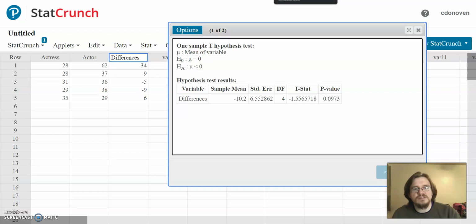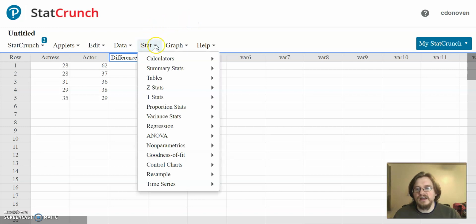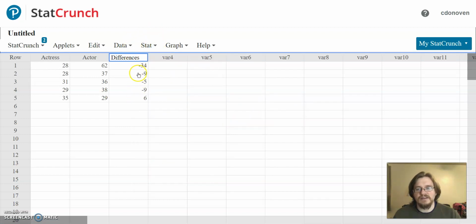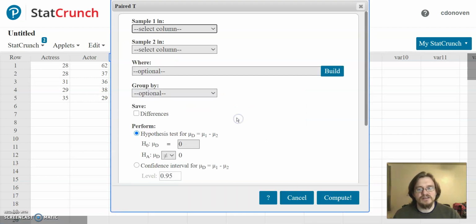What I quickly want to do is come back to StatCrunch and show you one other way of doing this. In statistics, we can come down to t-stat, and we can do paired statistics. Rather than what we did before, which was just find the differences and run a hypothesis test of the differences, we don't have to find the differences explicitly. We can do a paired